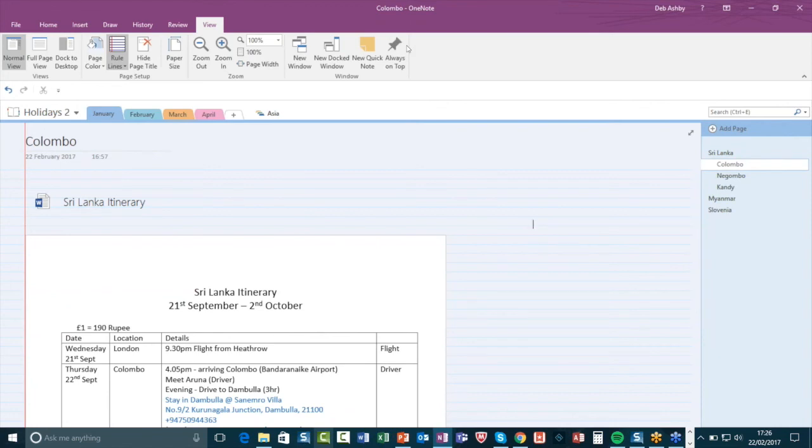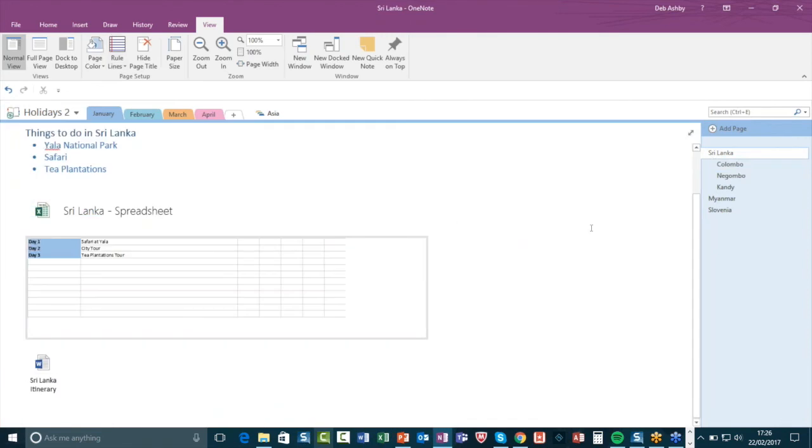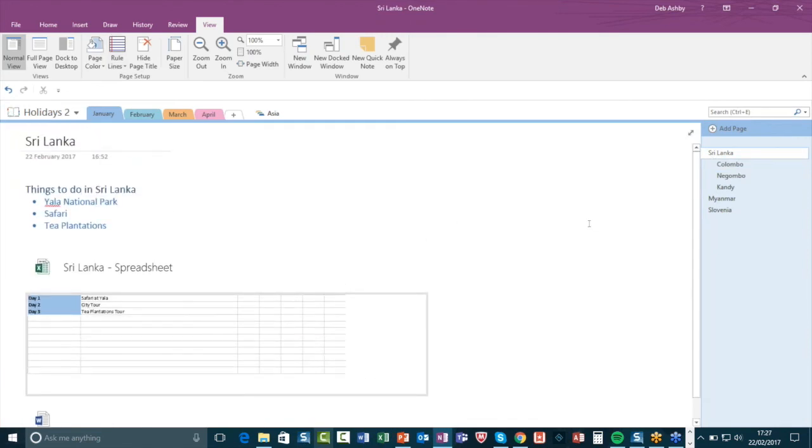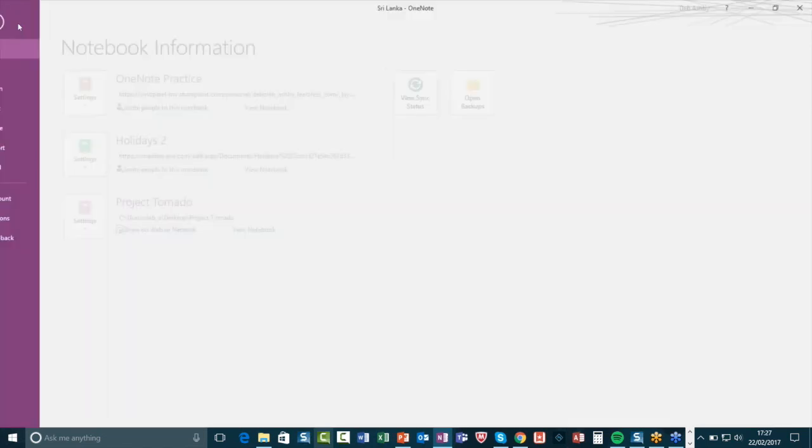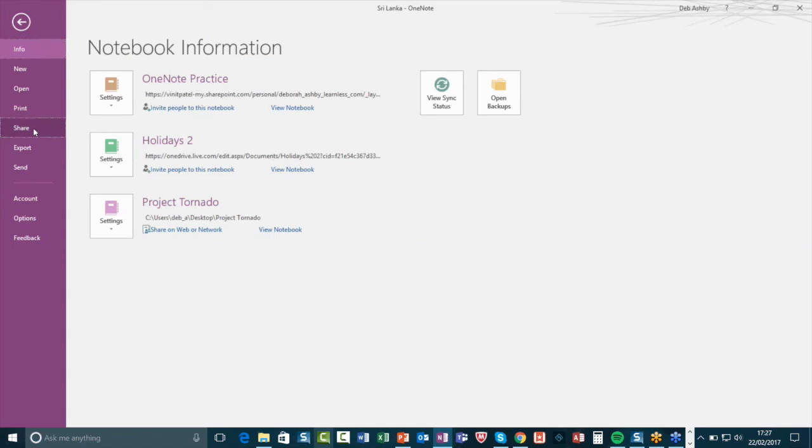Great. So those are the basic features. There is a whole heap of functionality that I haven't even had a chance to show you, and we've got a couple of minutes left, and I just want to show you a couple of the sharing options that you have, because again, this might be something which you want to do. So as I said, you can share right at the beginning, or now that we've got some information in our notebook, I might decide that I want to share my notebook with the people that I'm going to Sri Lanka with, those lucky people. So I'm going to go into File, and I have a whole bunch of share options